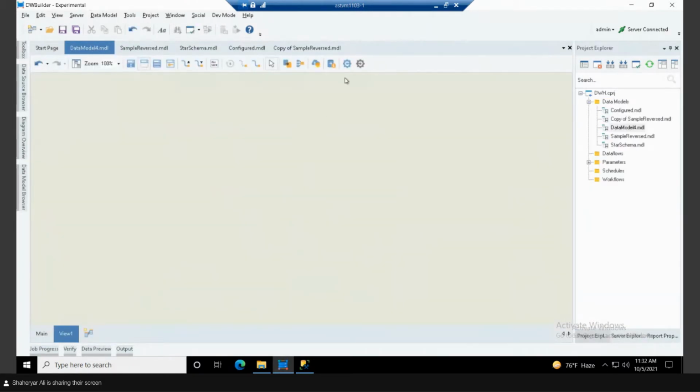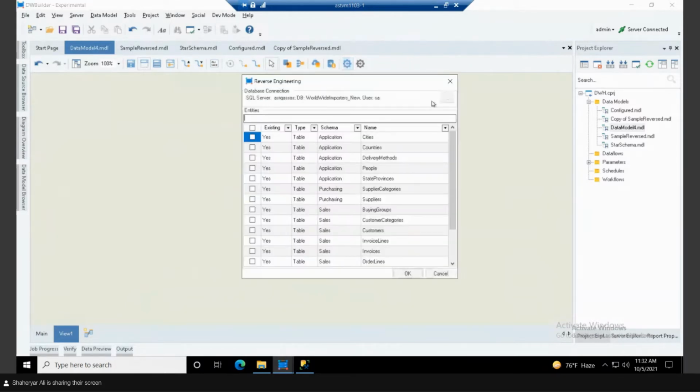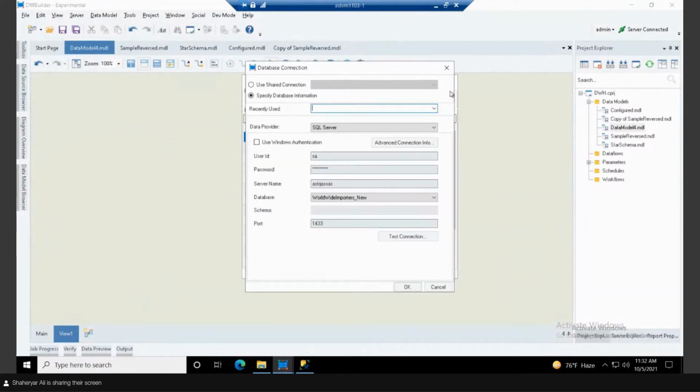So the first step inside this data model is to reverse engineer a source database, which you just mentioned, a sales database, for example. So here you can see that there are some display options and some other features as well. But for our concern, the most important option is this reverse engineer icon. Let's click on it. So a wizard has opened, as you can see,